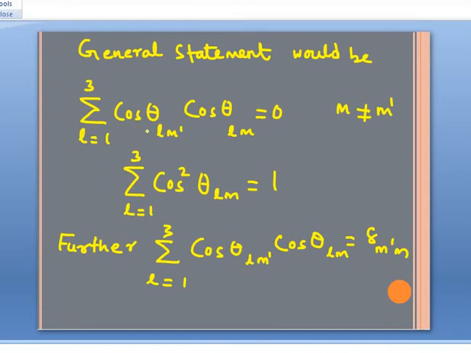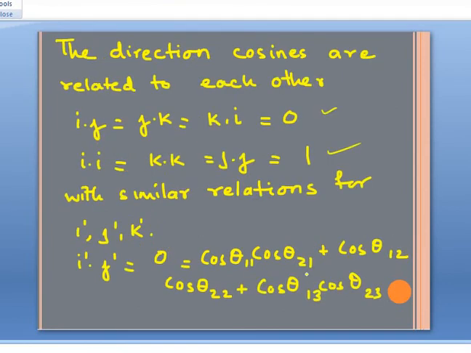First let us write m equal to 1, l equal to 1. So 1 1, so this will be cos theta, let us take another value, 1 1, 1 2, 1 3. So you will get all the values which we have got here. So what should be the general statement? When m prime is not equal to m, this is 0. That is true here. See here.